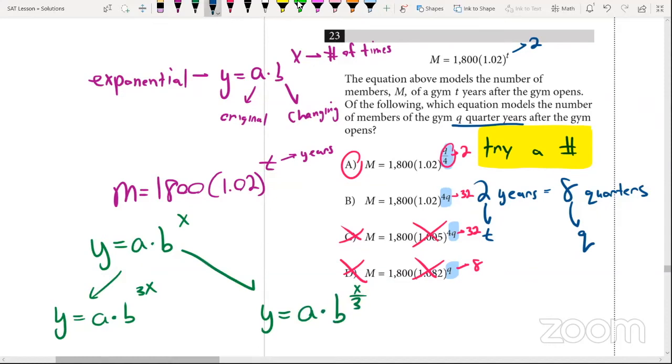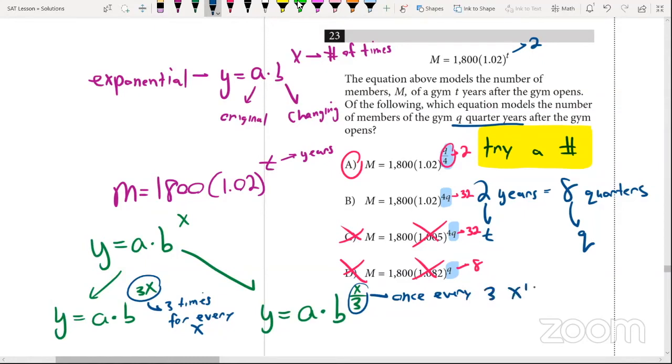Multiplying in this situation is saying that it's going to happen 3 times for every year, if x is the number of years, but we'll just say 3 times for every x. But dividing is the idea of saying that it's going to happen once every 3 years, or every